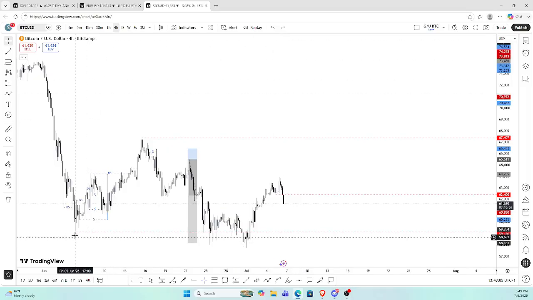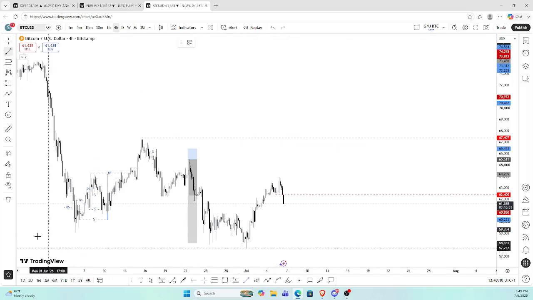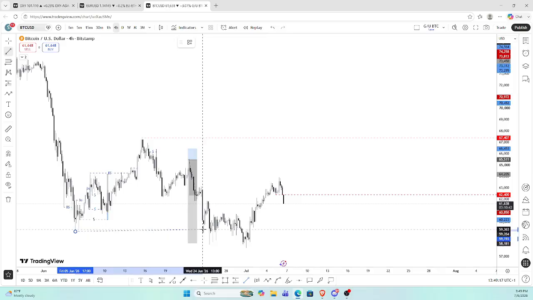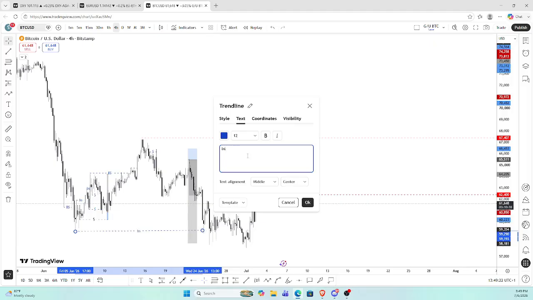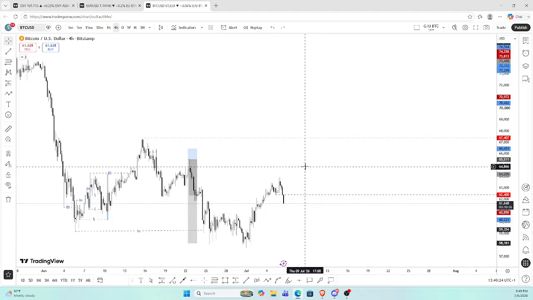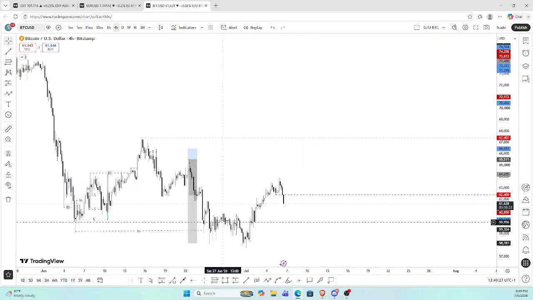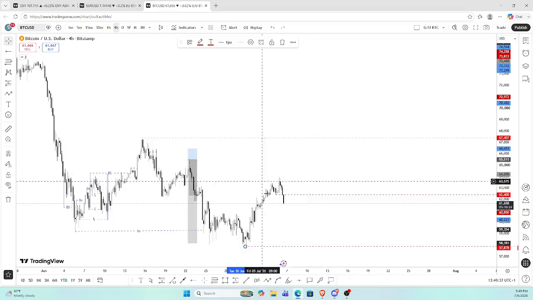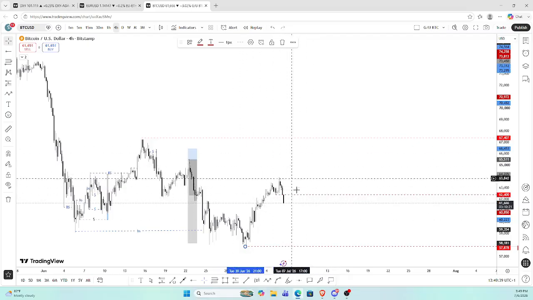As you can see, we are really bearish on BTC, and there are a lot of factors in play, but technically you can see that this is the last break of structure to the downside. Okay, let's label it properly, as this is the last break of structure to the downside, and this is our swing high, and this is our swing low. Okay, whatever is inside here, all this is internal.